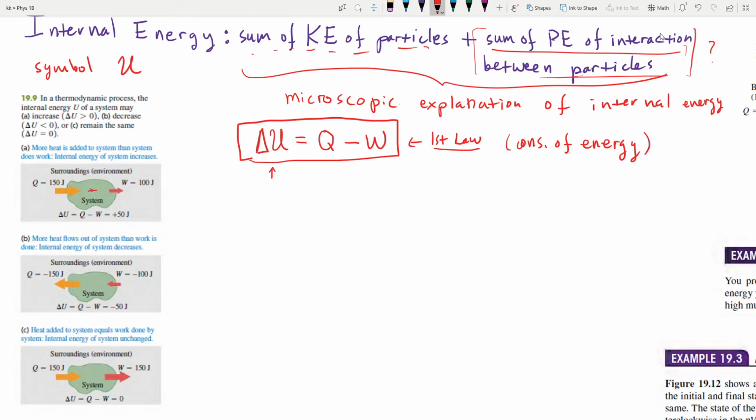Because you need to know not only where every particle is, you need to understand the potential energy of interaction and how it varies based on distance, and then you're going to have to add them all up as well, right? This might be kind of easy to do for a gravitational system, right? Like